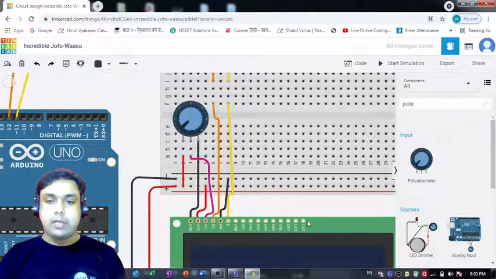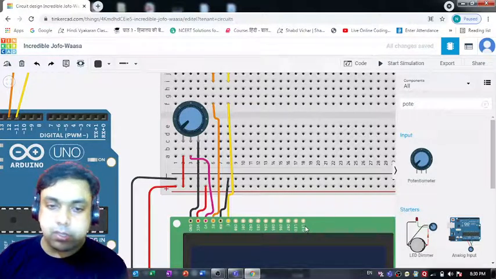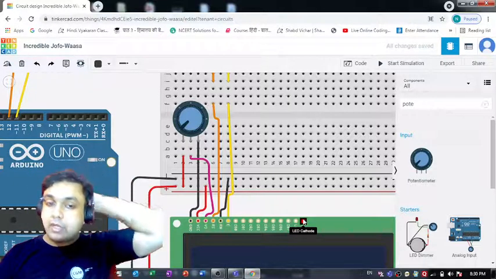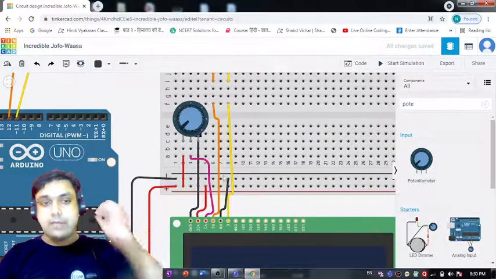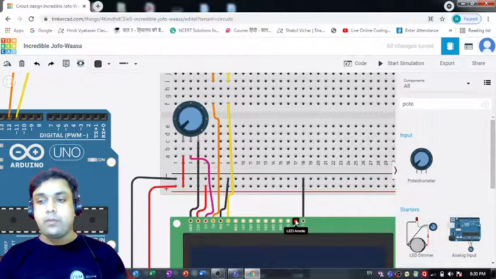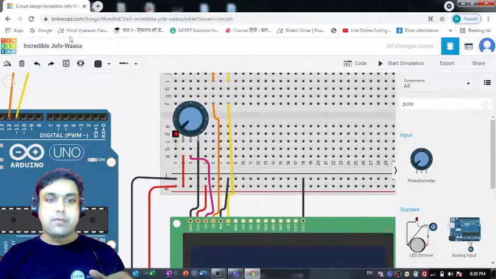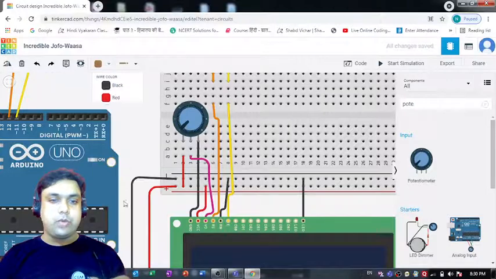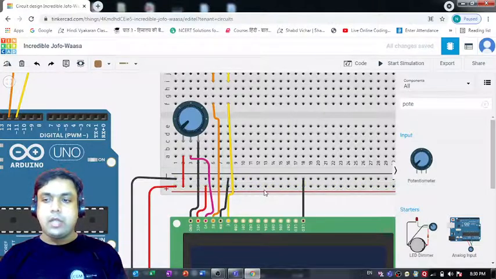And then we can use this. Now here we have this LED cathode. Because it is cathode, we need to connect it to the negative terminal. That is absolutely right. So we can select this, and I am connecting it to this pin. Now what's this? It is LED anode. Okay, so we can simply change the color of the wire first. I'm changing it to, how about brown? I think brown is going to look good.